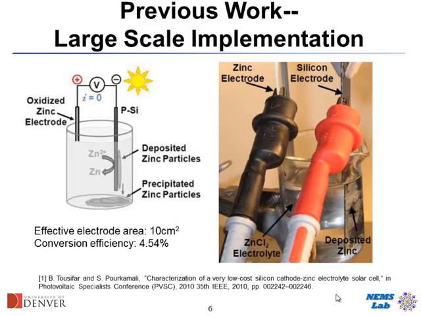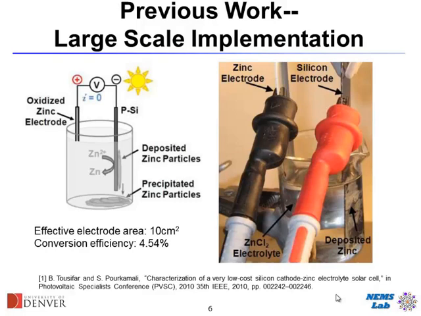What's the advantage of these type of cells? Well, it's really easy to make them. You don't need to have high temperature processes and doping. All you have to do is to take a sheet of semiconductor, dip it inside the right type of electrolyte. So we tried to make a